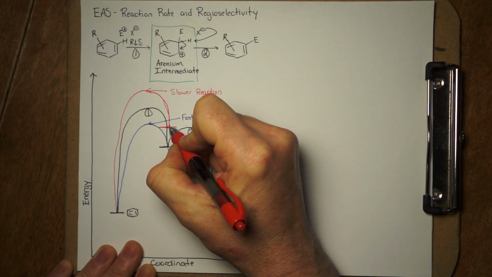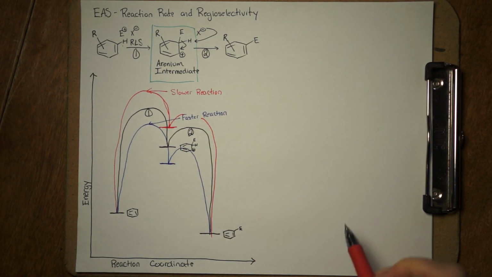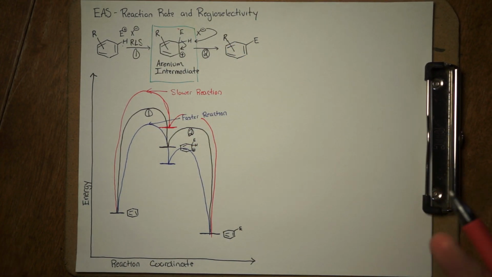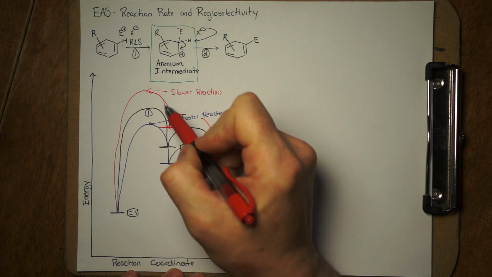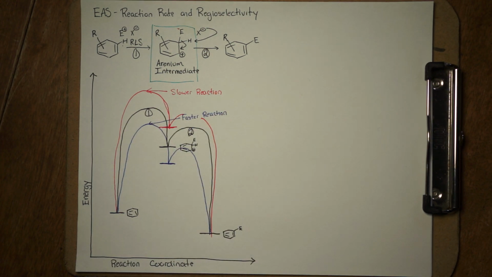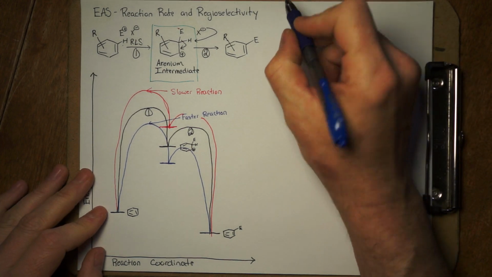So if we're forming a positively charged intermediate, and we have an R group that makes that positive charge even more positive, that's going to form a less stable intermediate, and therefore be formed through a slower reaction. So what we're going to do is look at the types of R groups that we can have on a benzene ring, and we're basically going to divide those R groups into two different categories. The first category are going to be R groups that we categorize